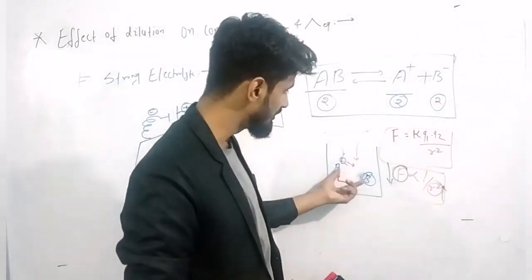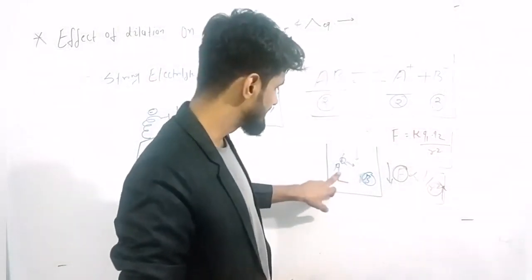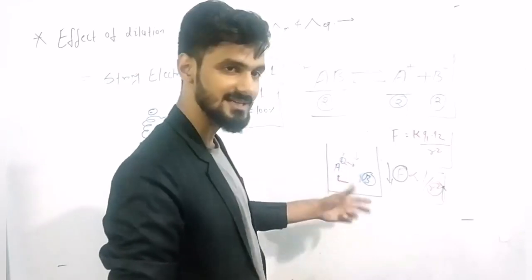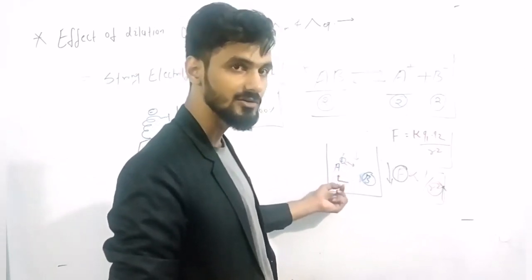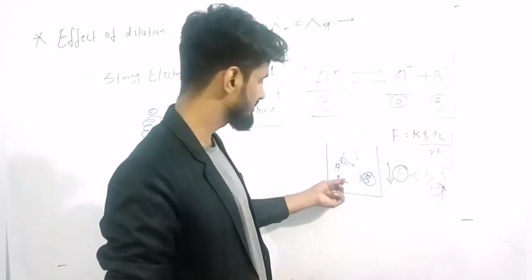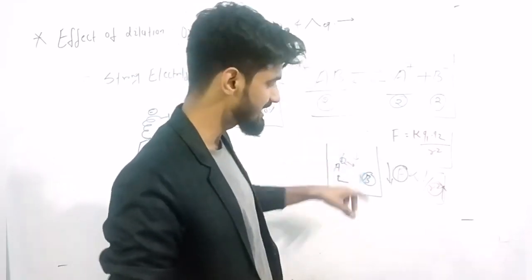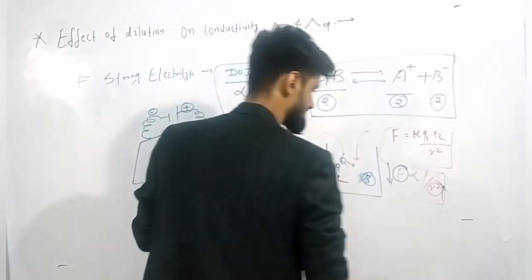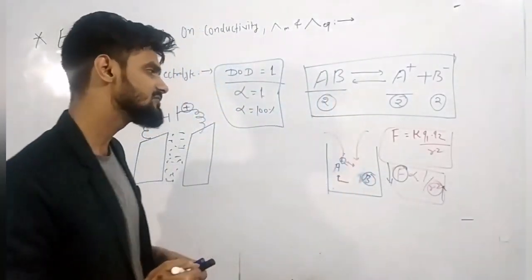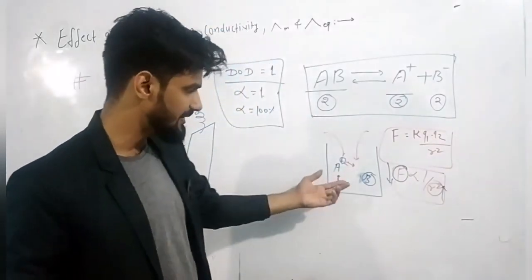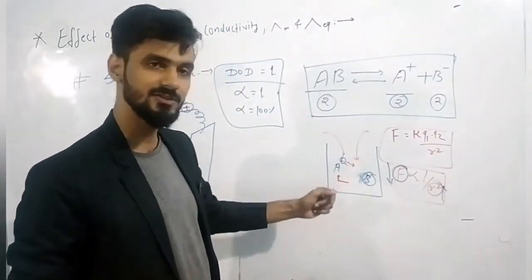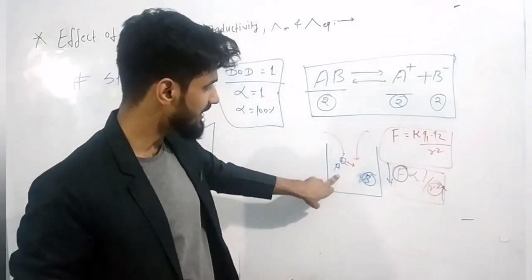So what will happen? The movement of ions will get increased, meaning they won't be feeling any restrictions on their flow. So the transport of A plus and B minus will get increased. The movement of A plus and B minus will get increased. And already you know how to define electricity: the rate of flow of charge per unit time is called electric current. So the movement of ions is getting increased.